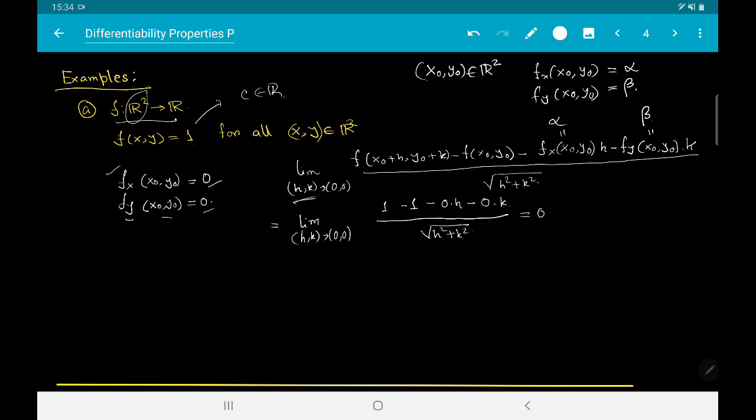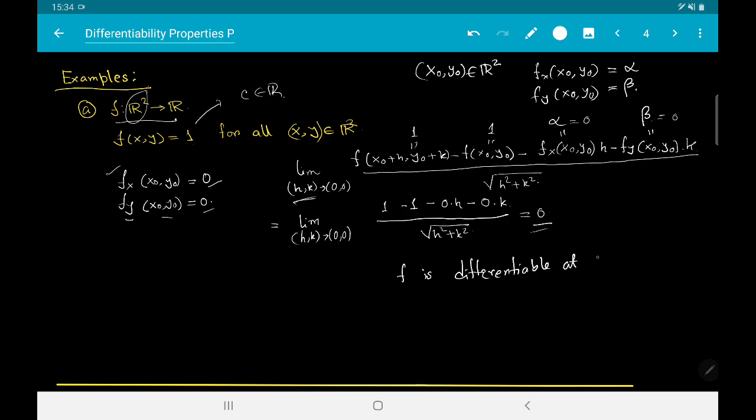So now you can see that this function is constant, so this will take the value 1 here. Alpha, as we have computed, is equal to 0, and beta we have computed is also equal to 0. Put in all the information and you will see that this limit is indeed equal to 0, and this shows that f is differentiable